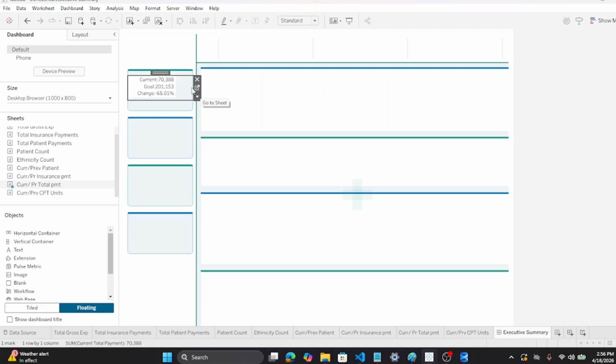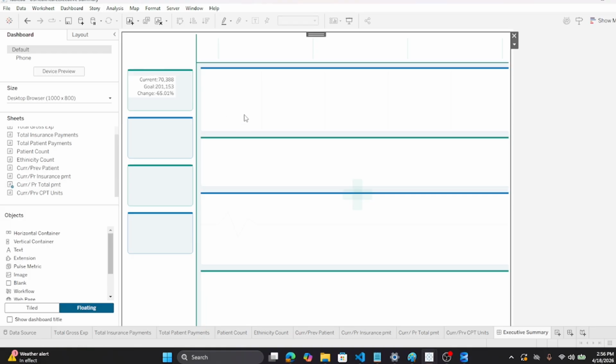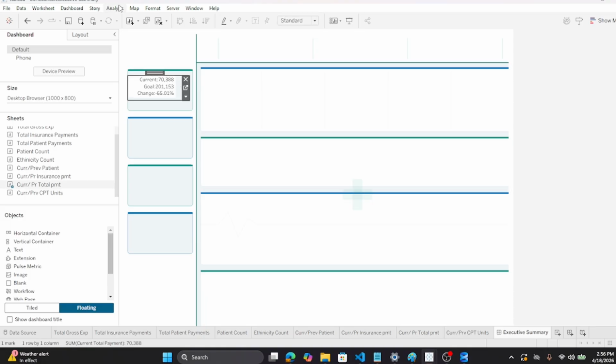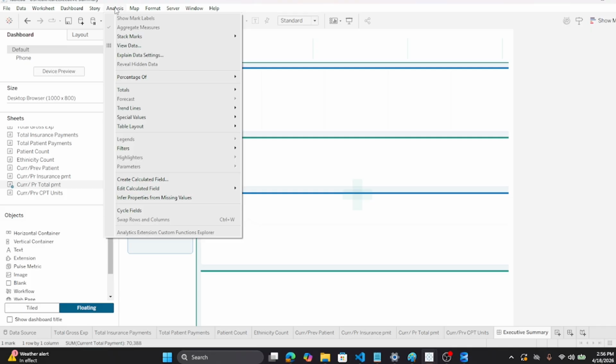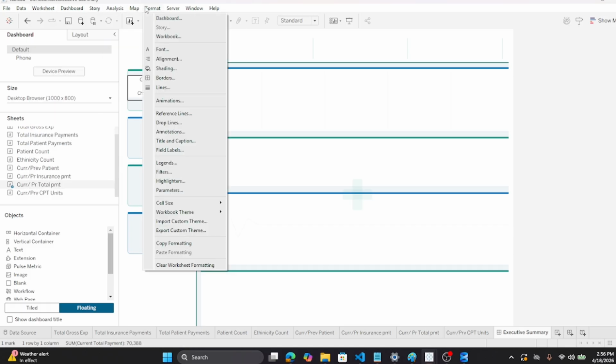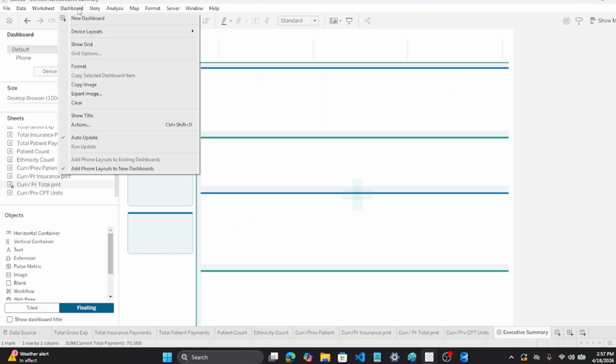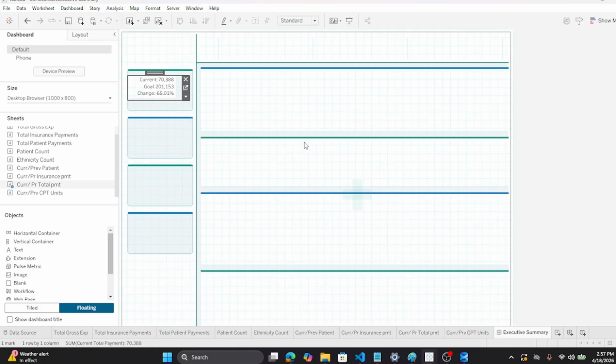So for the design purposes, I always turn on the grids. In the grid view, it's easy to place that. And now we'll